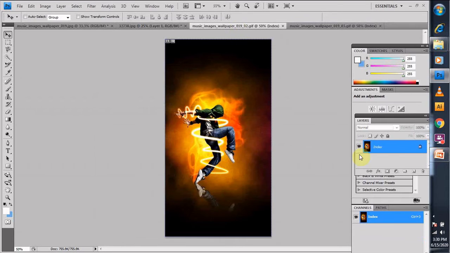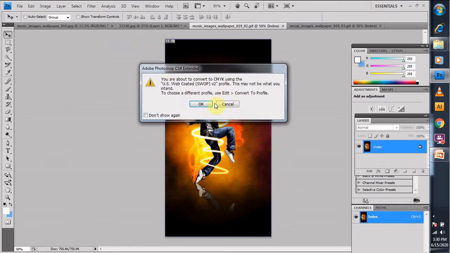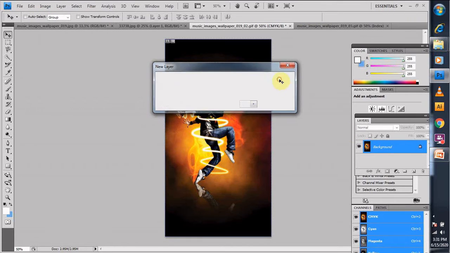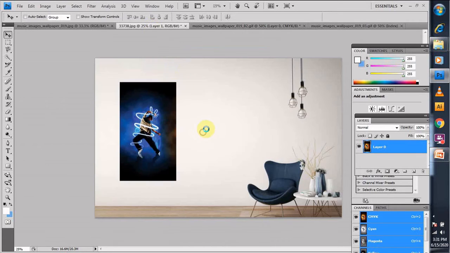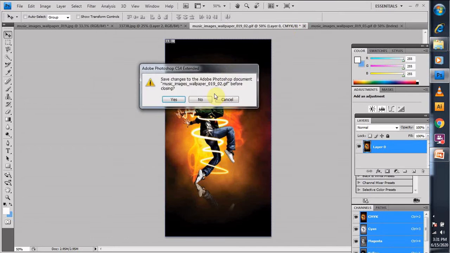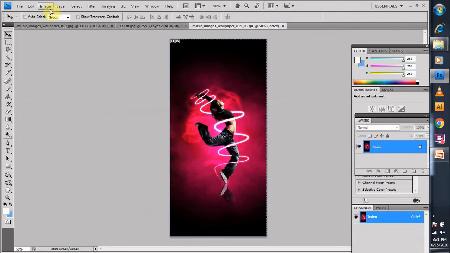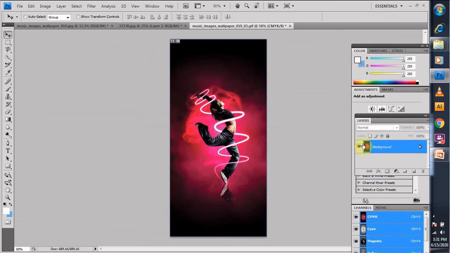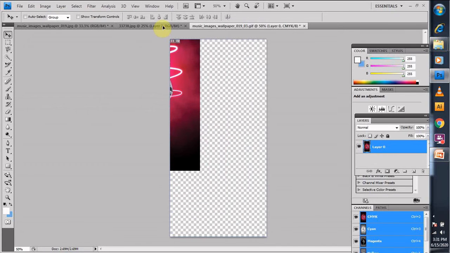Now next is this part. Again we'll go to Image, Mode, then CMYK, OK, and then my background is created, and now I'm going to convert it into a layer. Then again I bring that image from here to here. Done. Now I'm again closing this particular image and I'm left with only one part, and the same process needs to be followed again and again. Double click, then OK, and then take the image here.